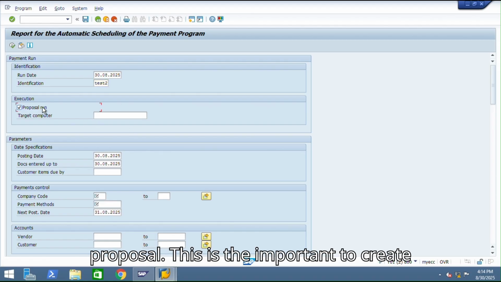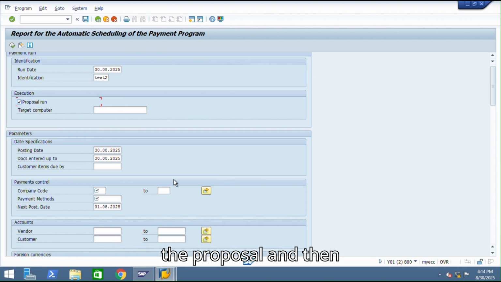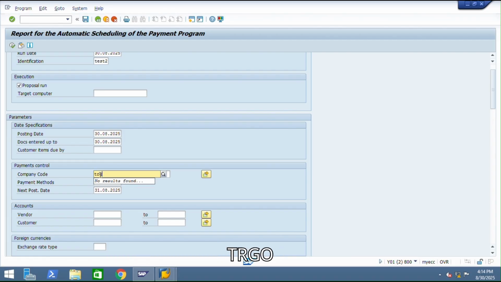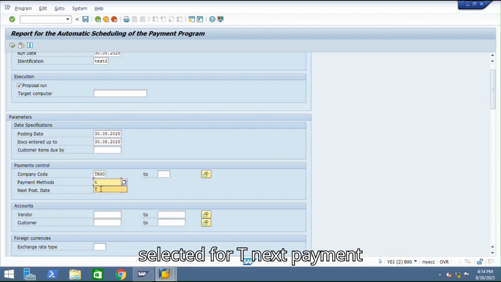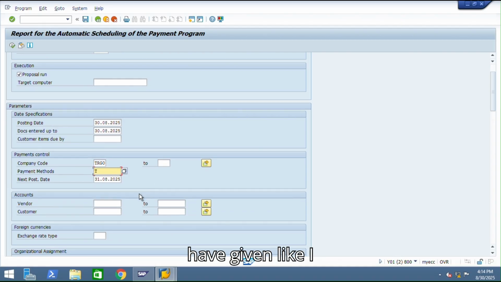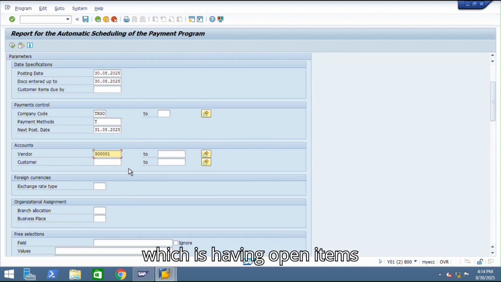Give the proposal. This is important, create the proposal. Then the company code which I have created, TRGO, and the payment method which I have selected, T. Next, the payment method posting date, you can give tomorrow. I have this vendor in this company code which has open items,